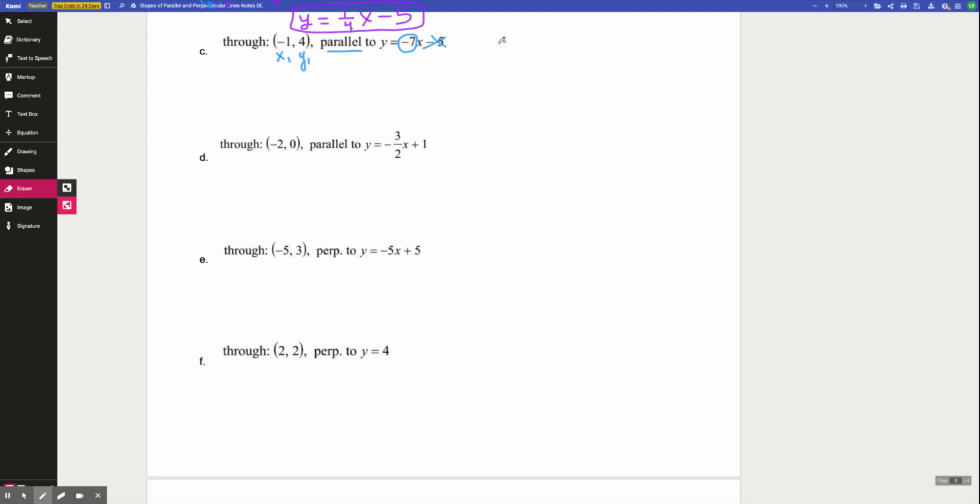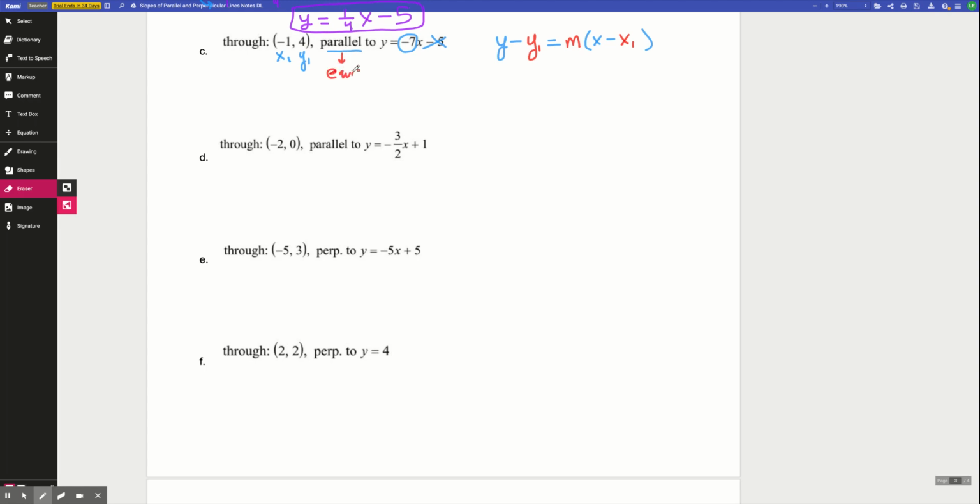I don't care about anything else, okay? And my point slope form of a line is y minus y1 equals m times x minus x1, okay? So what I'm writing in red on the screen right now is the numbers that you would have to fill in. So I have x1, y1, and remember, if they're parallel, the slopes are equal,